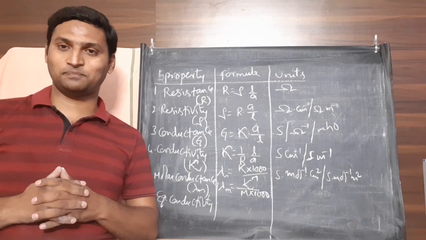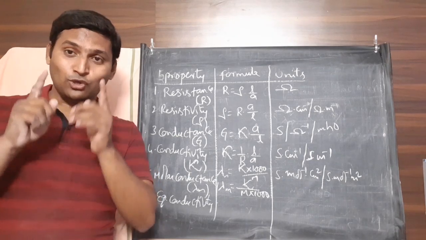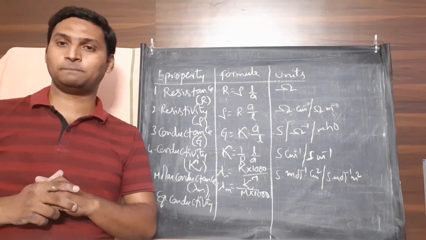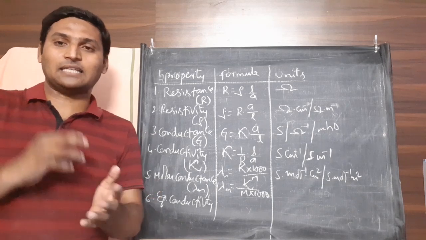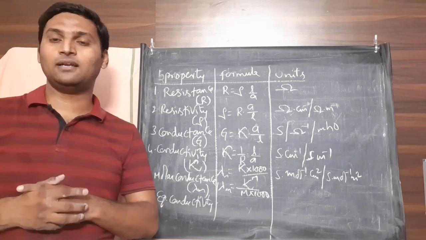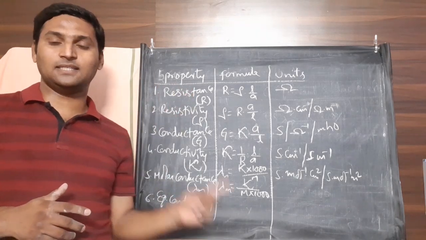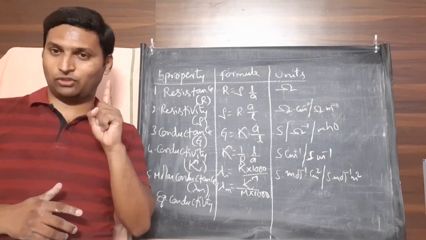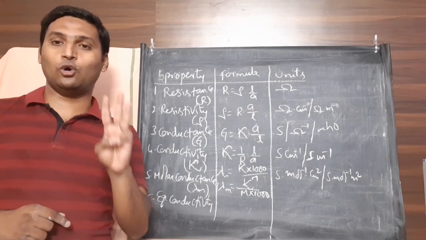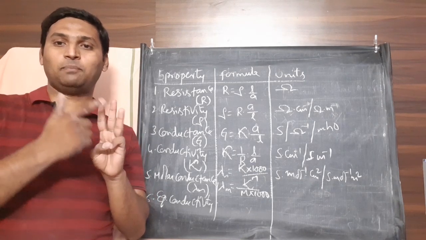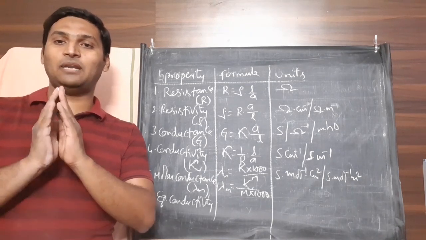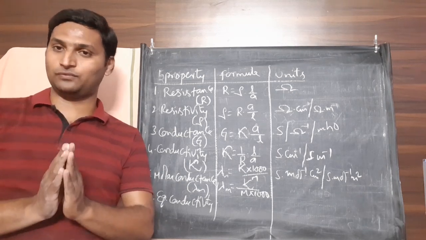Sir, why are you not solving them? Please understand, when you solve them you will see all of them are based on direct substitution. There is nothing difficult, there is nothing logical, there is nothing not understandable there. Soon after these 6 properties you have a learning exercise containing 3 questions if I am not wrong, an entrance corner containing 6 questions and a home exercise containing 9 questions. 9 plus 6 plus 3, totally 18 questions. All these 18 questions I am leaving to your discretion to solve for homework.